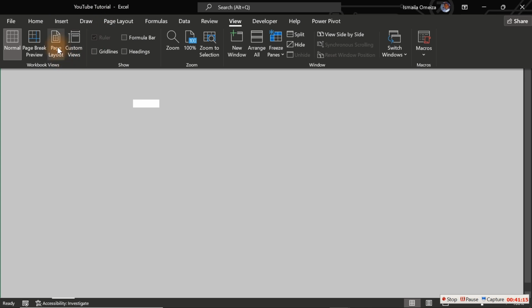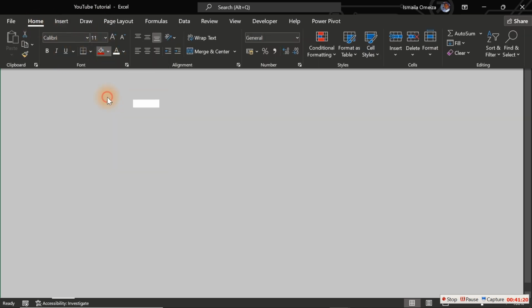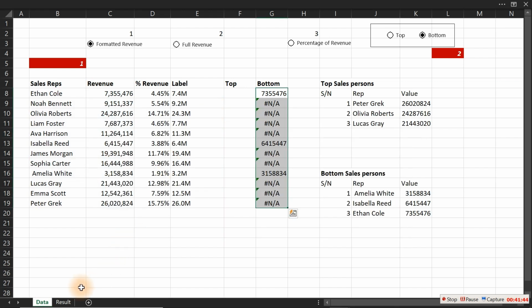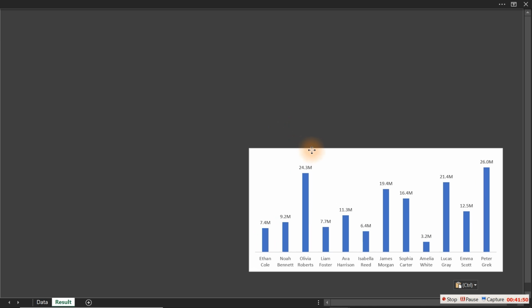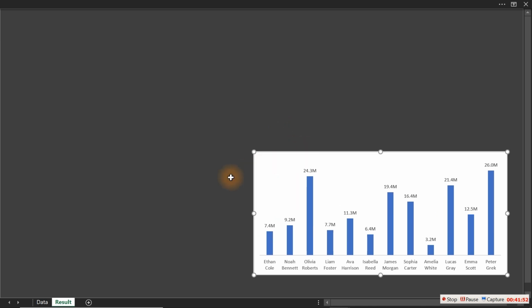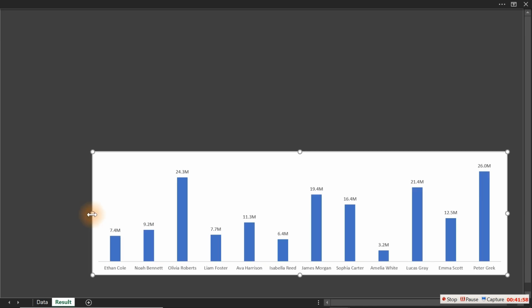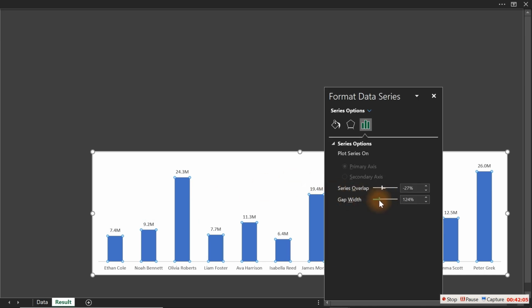So let's quickly go ahead and Ctrl A, go to this particular part right here, click on home, and over here we click and let's go with this very one. All right, we have this. And the next thing we need to do is to come over here and Ctrl X to bring this result over here, and Ctrl V to drop it here. So we can keep our results right here and just extend this like this, right? So once we have done that, we can just Ctrl 1